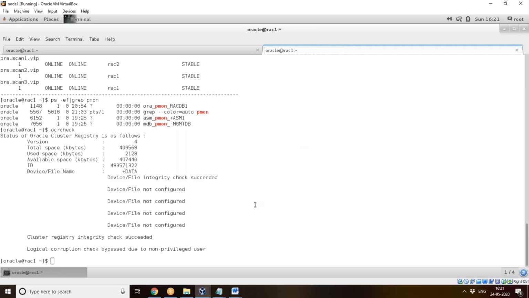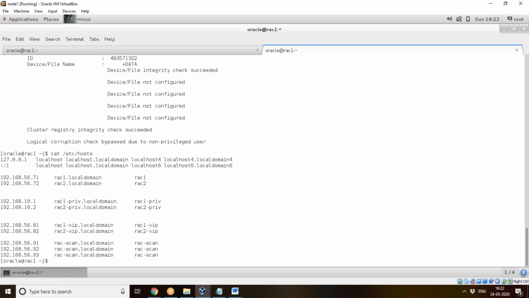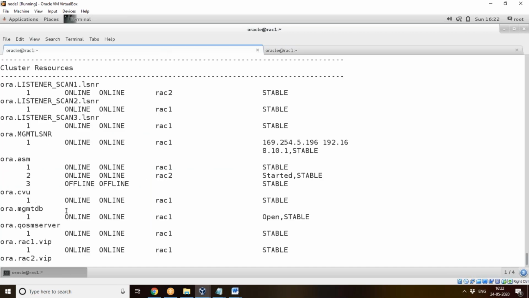You can check in /etc/hosts. Here you can see rac-scan, and 3 IPs we have given. That is why it is giving 3 scan listeners: listener scan1, scan2, and scan3.